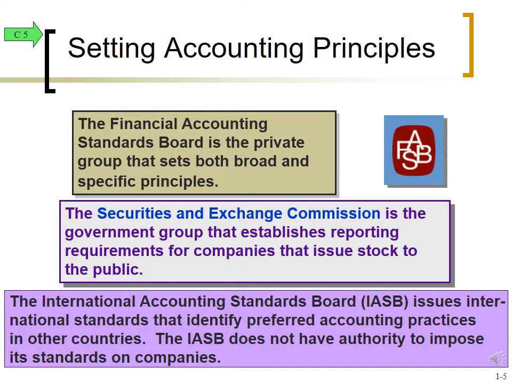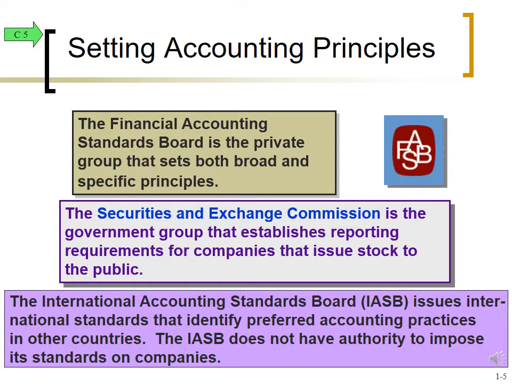Where does GAAP come from? It just doesn't come out of the air. Basically, GAAP is promulgated or established by a group called the Financial Accounting Standards Board, sometimes referred to as FASB. This is a group of individuals who relies upon not only input from the accounting industry, but from private accounting firms, public accounting firms, academics, users of accounting information before they establish any standards. We're self-governed in the sense that FASB issues these standards that we're required to follow.